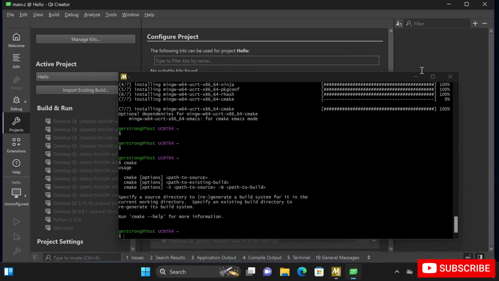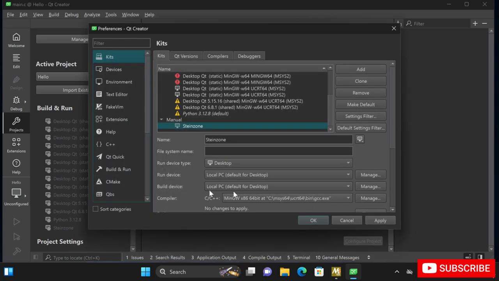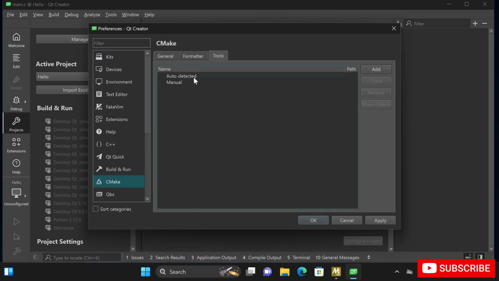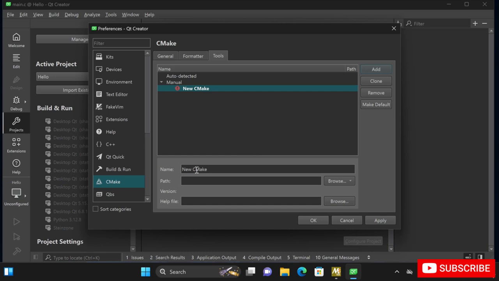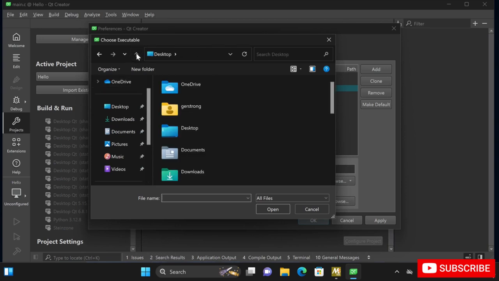At least we have the command line application ready. Now let's go back to kits and give it the CMake tool as well. It was not yet detected. I can add it manually or reboot the system. I mean, Qt Creator, but we can also pick up the path. Now that we have learned where you can get this,